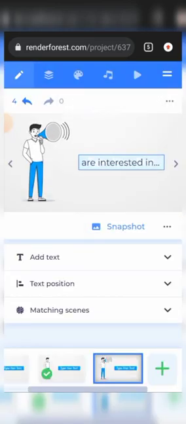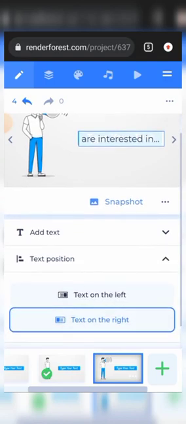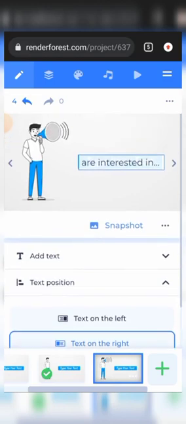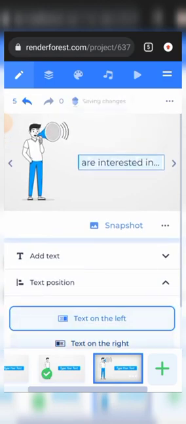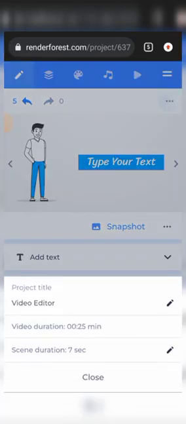So my text is already added to the scene, and I can also decide to change my text position, right? I can change it from text on the right side to text on the left by clicking text on the left, and you can find that our character will switch immediately to the left. Okay, now this scene,